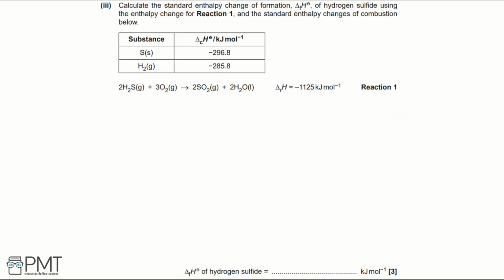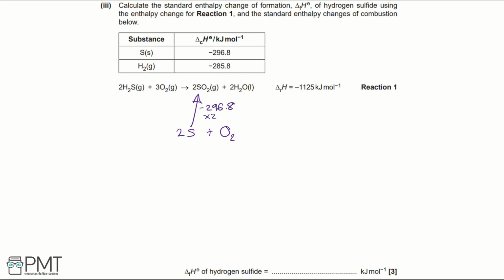Part 3. Calculate the standard enthalpy change of formation of hydrogen sulfide using the enthalpy change for reaction 1 and the standard enthalpy changes of combustion below. For this question, we've got to construct a Hess's triangle. So that means we're going to use our enthalpy changes of combustion to construct this triangle. So if we combust sulfur, we get sulfur dioxide. So that means we're going to have an arrow from 2S and then plus some oxygens, and that's going to produce sulfur dioxide. And so we write minus